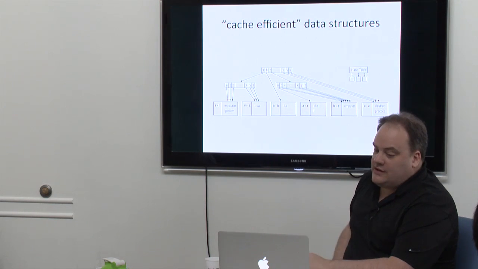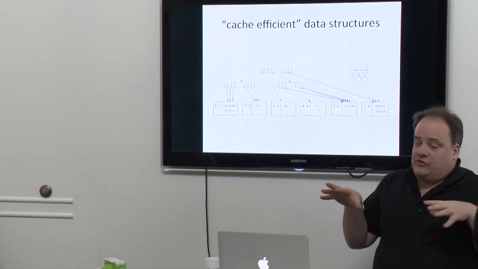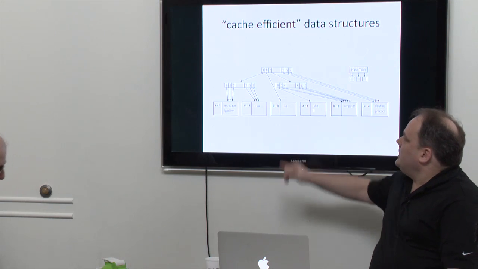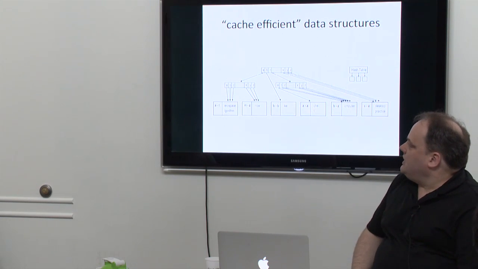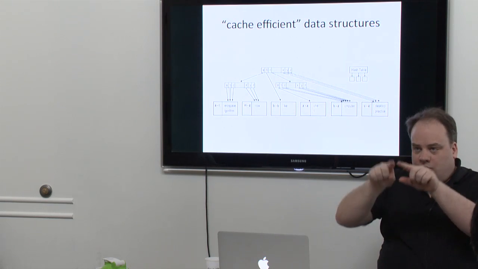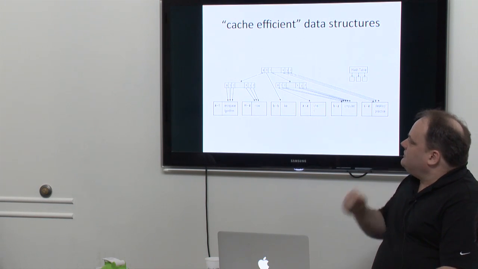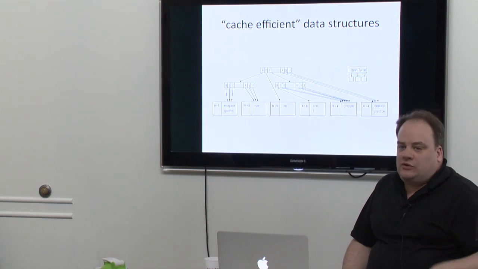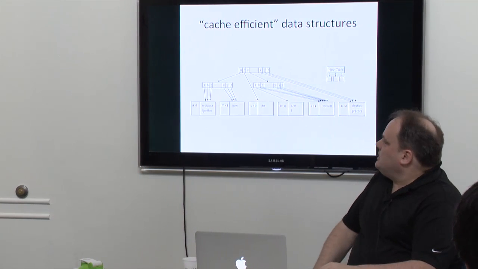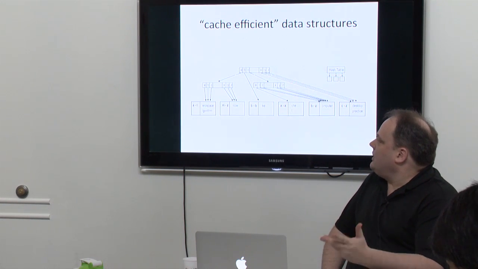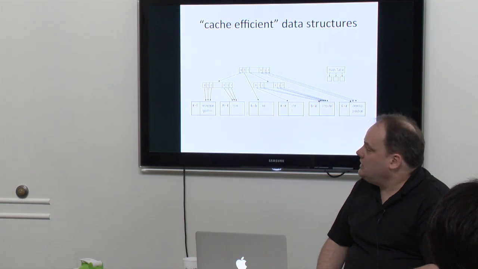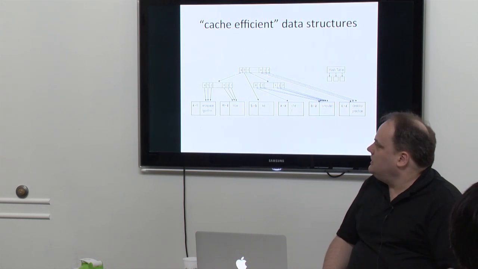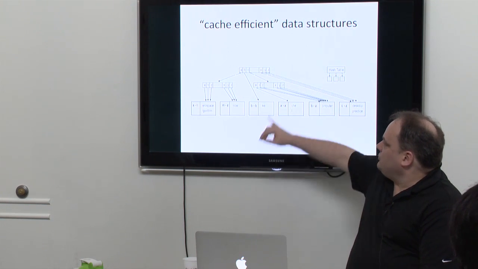So another thing to Google is cache-efficient data structures. Academics at universities have asked, how do we take a simple thing like a binary search tree and rearrange it to accommodate the fact that every node could be a cache miss as I descend the tree? So instead, maybe I take a couple of cache lines per node and put many compares in, and do a linear search at every node. It's more complex technically, but at the same time you're not getting your cache misses.